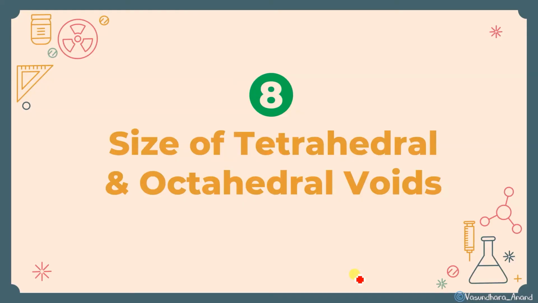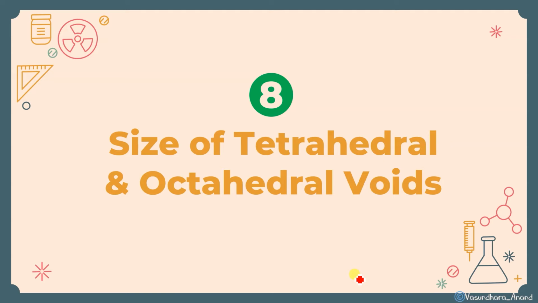So today we are going to learn about another topic, that is the size of tetrahedral and octahedral voids. About the tetrahedral void and the octahedral void, I have already explained the location and the number of these voids. Voids are the empty space present in the unit cell. And as I told you, voids are always smaller in size, so they will always be occupied by the cations. Anions cannot fit into the voids because anions have bigger size.